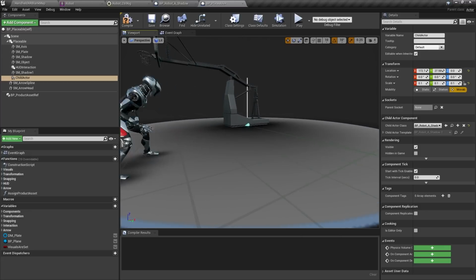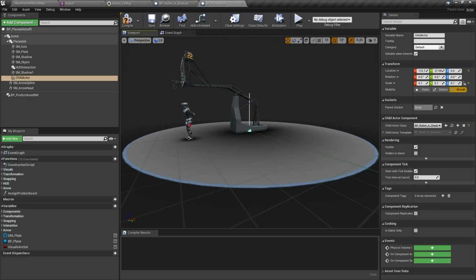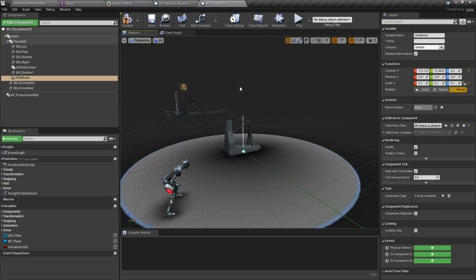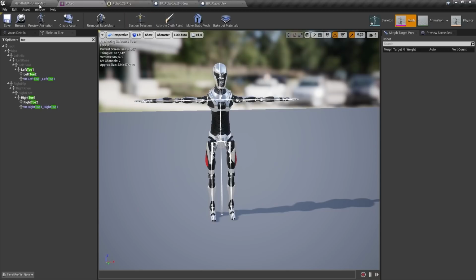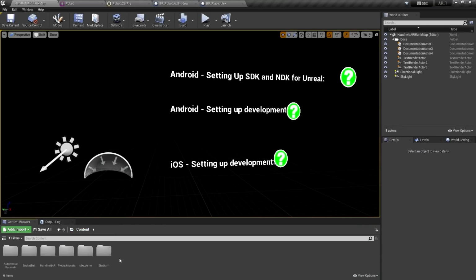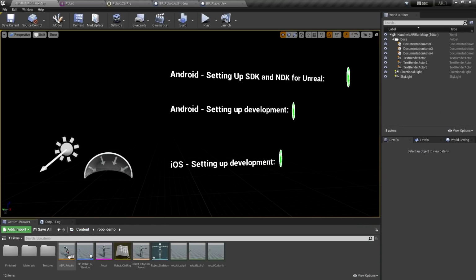Now, of course, we have two actors in there. We're running out of time, so I'm not going to go through the process of building up the second one, but it literally is just a matter of coming over here to the content folder, and inside a robot, just duplicating these two blueprints and switching over the motion capture data clip, and then dropping it in just like we did. So really pretty straightforward and very easy. So that is how you can build a control rig to make some shadow contact patch shadows, and then add that into the BP placeable to make that AR experience that we saw at the very beginning.